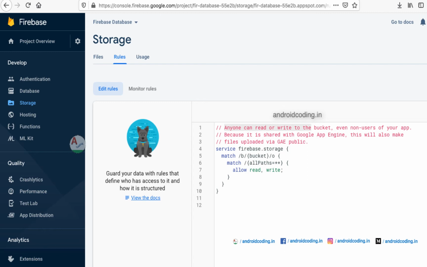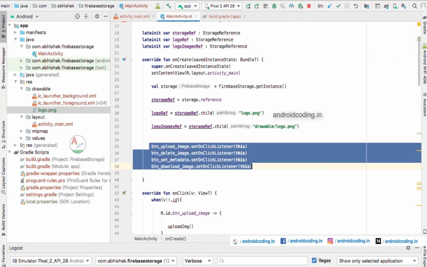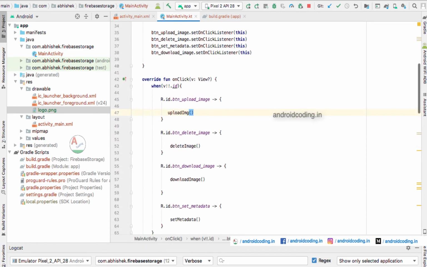If you have any doubts regarding the rules, you can comment in the comment section below and I will get back to you. Also you can reach me through my Instagram handle for a faster reply. So the database is empty, right? Let us start uploading our image.